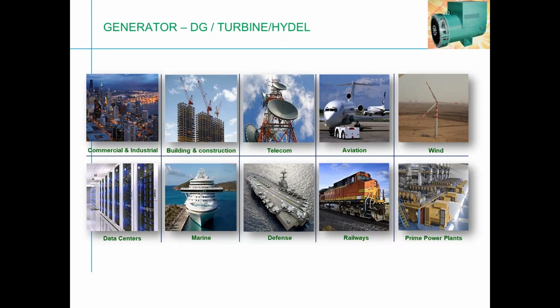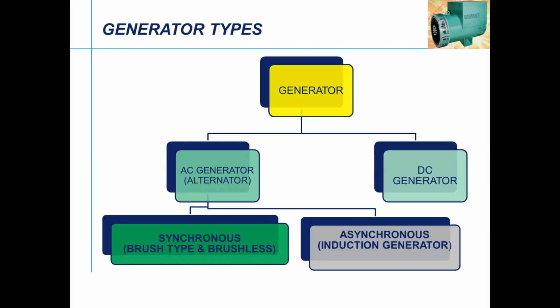So it is also being used for defense applications. Our Vikrant, for which this has been done, is being powered by generators. So, going into that: generator types, how they are manufactured, and the systems. In India, a generator is normally called an alternator, and there are AC generators and